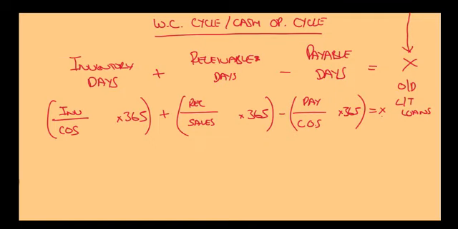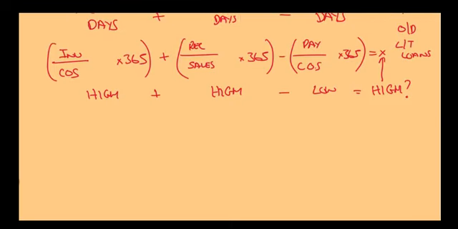Now obviously you want that to be as small as possible, but my question is really, why might that be high? Well, if that's high, it means that must be high, that must be high, and that must be low, generally. So high plus high minus a low would give me a headache. It would give me a big amount of time to fund. So why might that happen? Because that seems ridiculous. Why don't I always have them low?